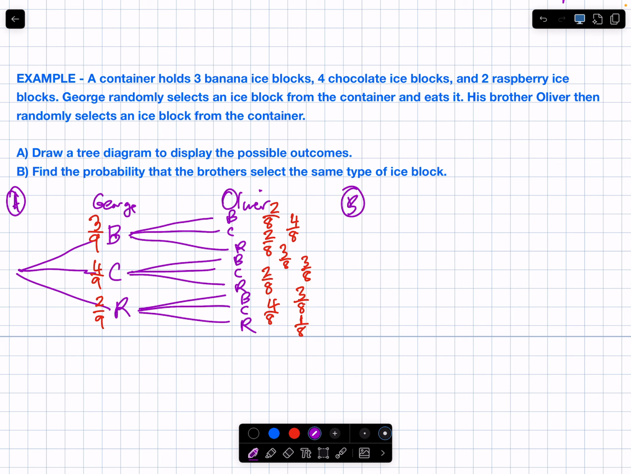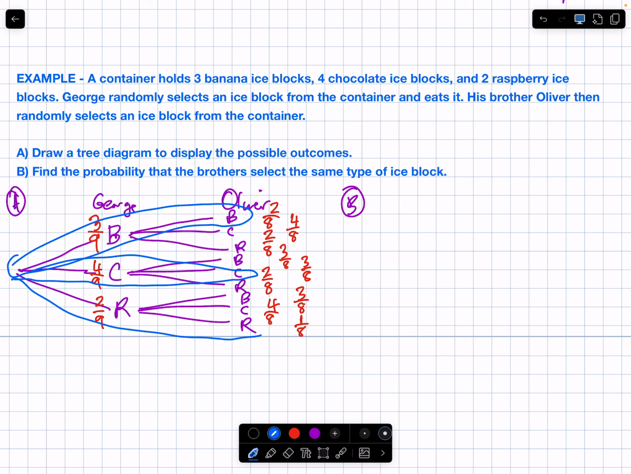B. Find the probability the brothers select the same type of ice block. How many different complete branch pathways is the same? Yes, I like that. Some people have jumped out to me and said 1, but it's not. They can do B, B, C, C, R, R. So you've got 3